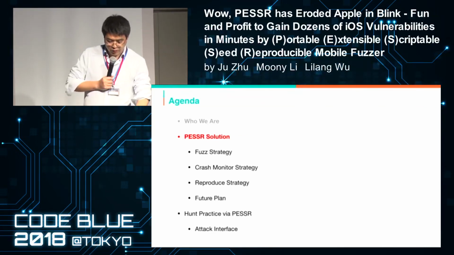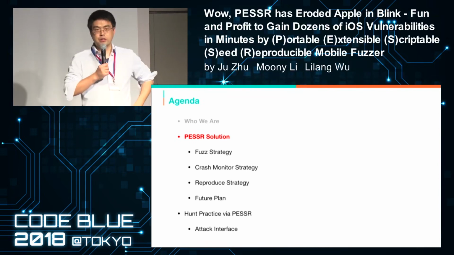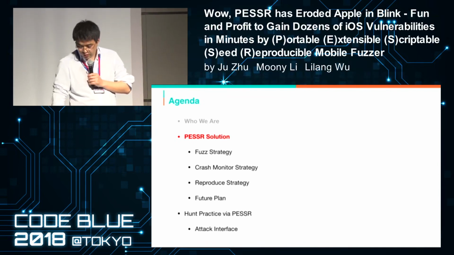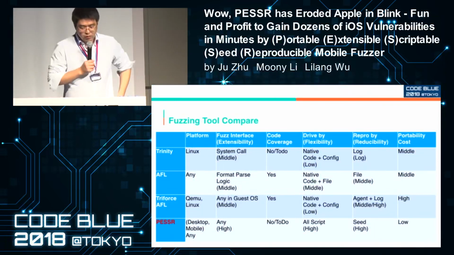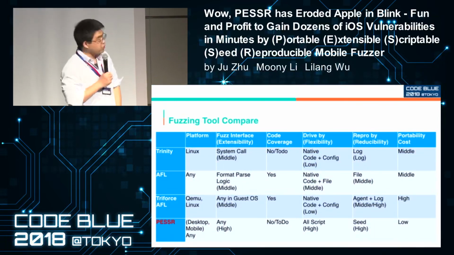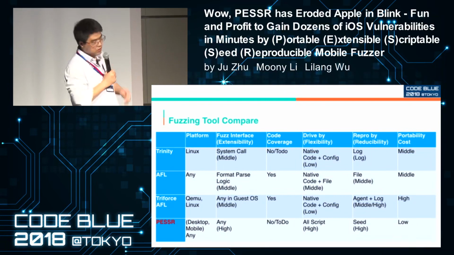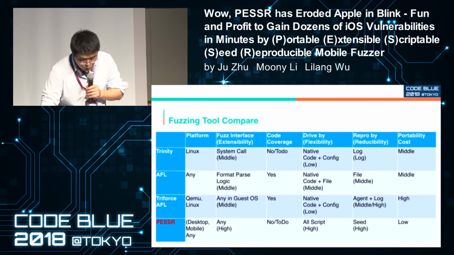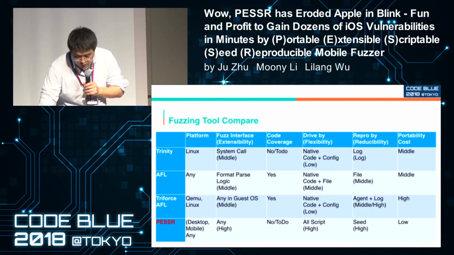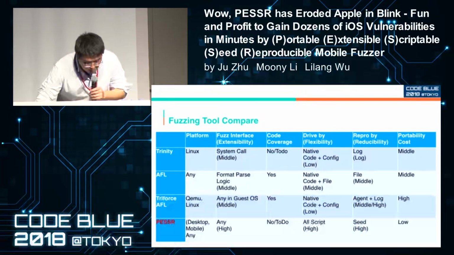In the next part, we will introduce our PESSR solution in detail. First of all, I will introduce the fuzzing tools in comparison, according to different dimensions. For example,